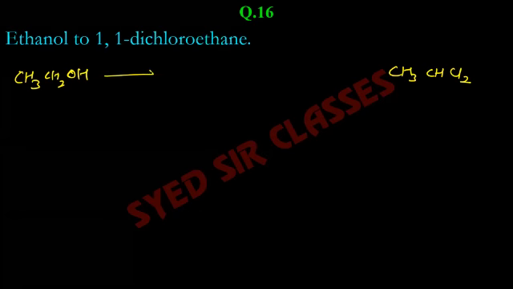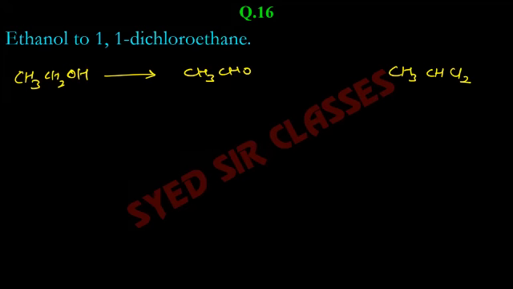So first we need to convert it to aldehyde, and this is something we just did in the previous one. We converted the secondary alcohol to ketone. Primary alcohol we can convert to aldehyde by using the same copper and 573K. Remember, we can't use it for tertiary alcohols. Only for primary and secondary alcohols we have copper in powder form and 573K. In tertiary alcohols, alkene will be formed. Same copper and 573K will give you alkene, not aldehyde or ketone.